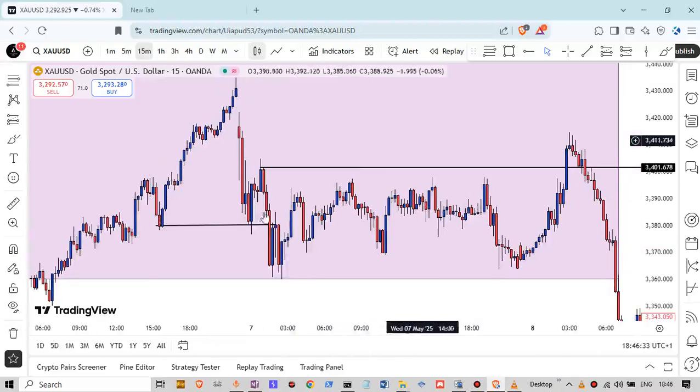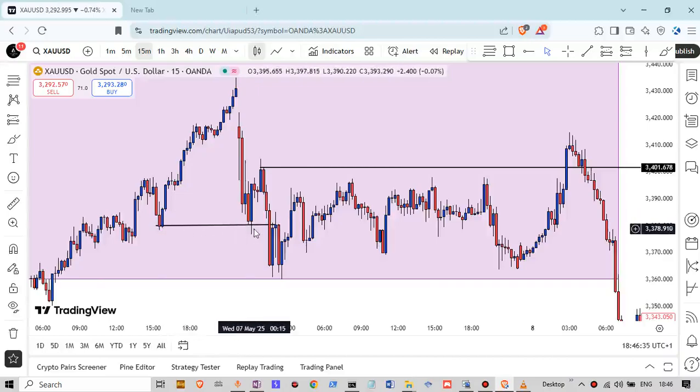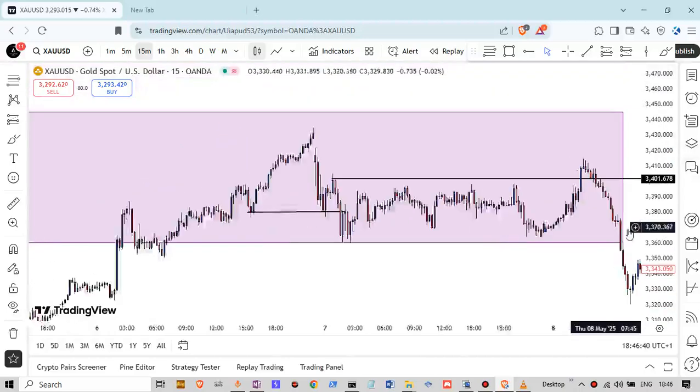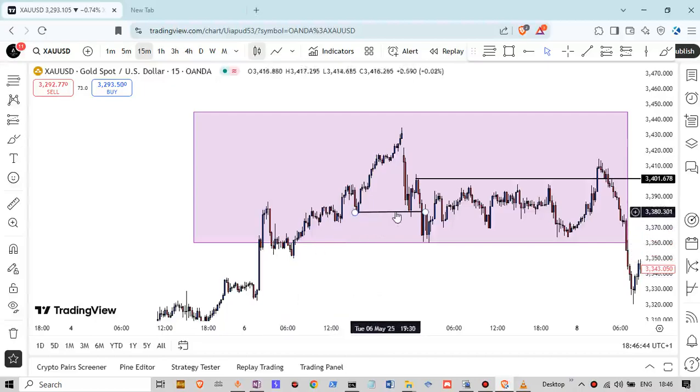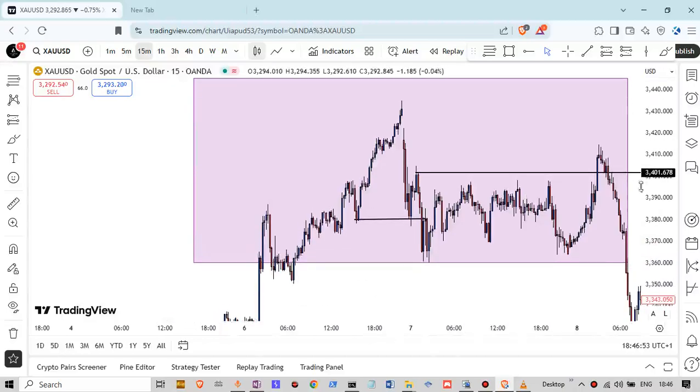Okay, so you could still take a trade there. You could still call it a break of structure, like maybe a reversal, but I will confirm that reversal better, or trust it better, when this low has been broken. At this point here, you might want to call it a change of market structure, but I will not confirm it yet until I see this low here broken. Do you understand?